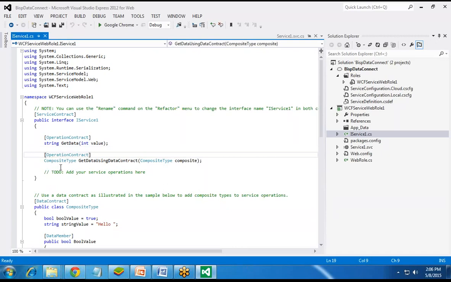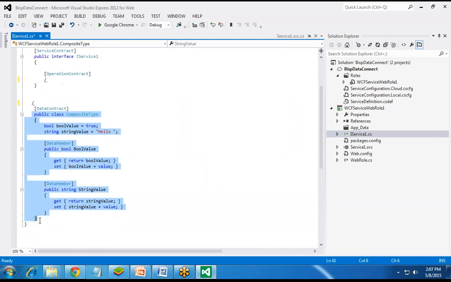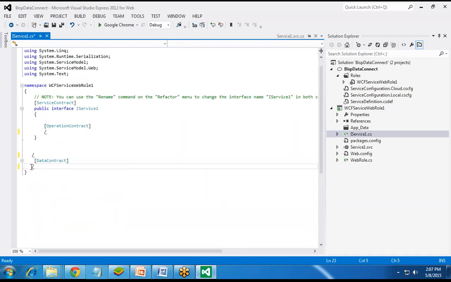So I'll remove the existing code, the code which is already there. I'm eliminating this code to make it easily understandable and clear.